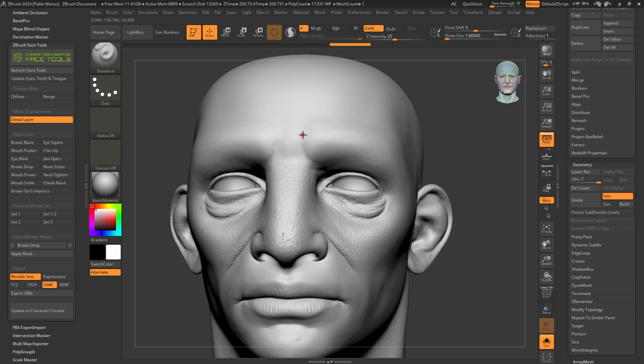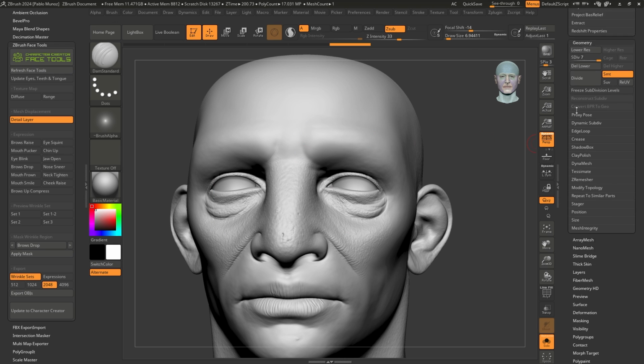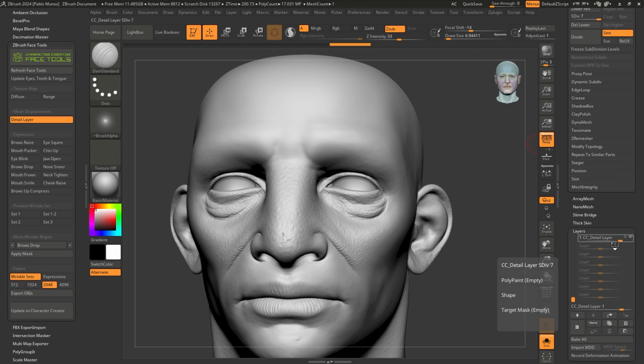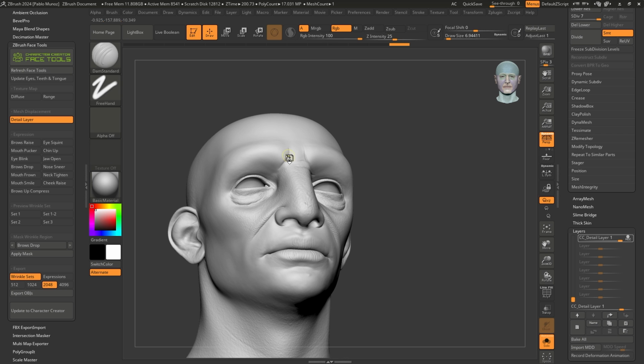And I'm going to really exaggerate this one just to show you. So BDS to go to Damp Standard Brush. Again, forgot to go to layers, record on that layer, and I'm just gonna exaggerate this on one side, just so you can see how easy this whole workflow is. Maybe the other side as well, just so that it doesn't look as weird. Again, this is just a quick test to show you.